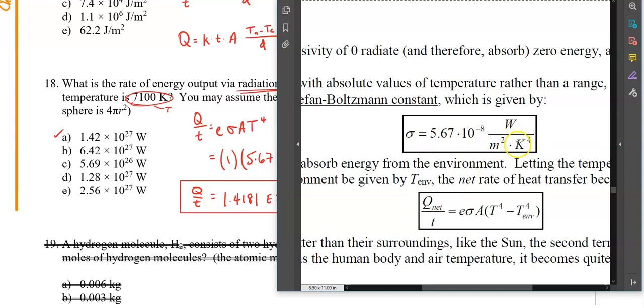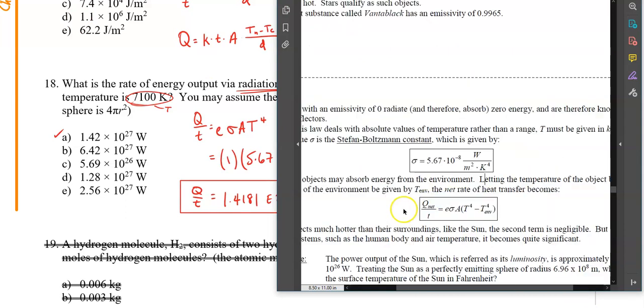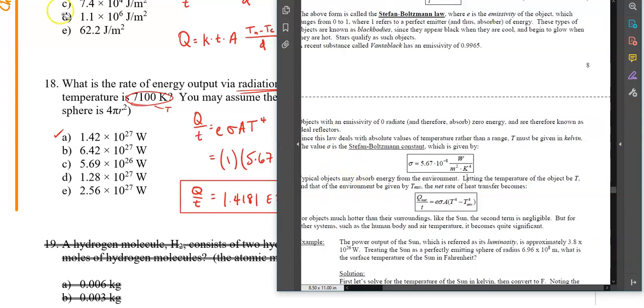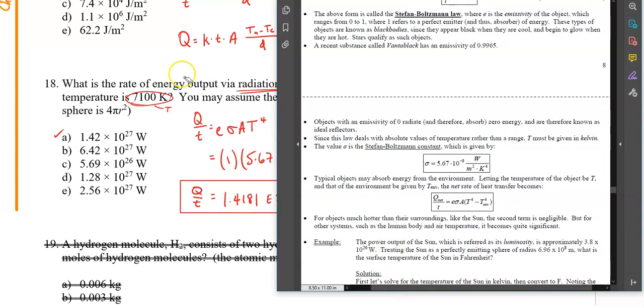Now, notice that this constant is measured with a unit that contains temperature in Kelvin. So when we use this formula, Q over T equals E sigma times alpha times temperature, the temperature that we use here does need to be in Kelvin. So there may be a conversion necessary for that. And I think what's being noted here is that the temperature of the object and the temperature of the environment in which that object sits, there's a difference between those two, and we would actually use that difference in temperature in the